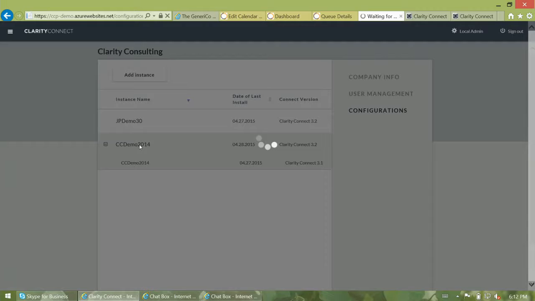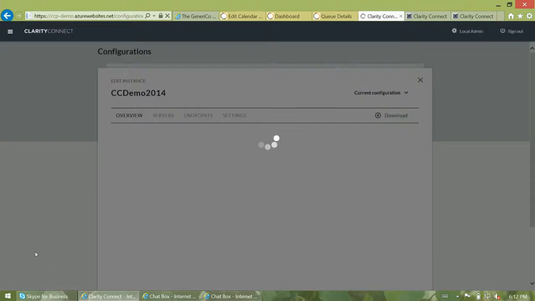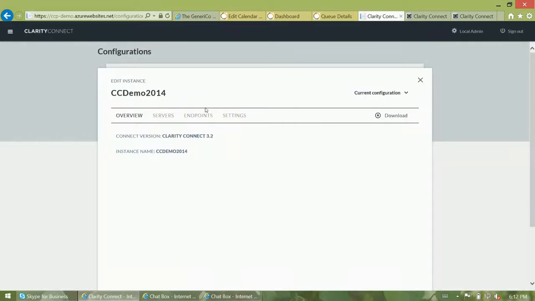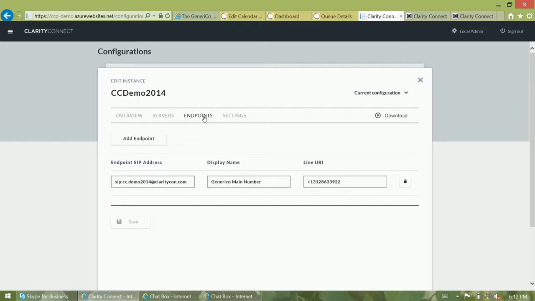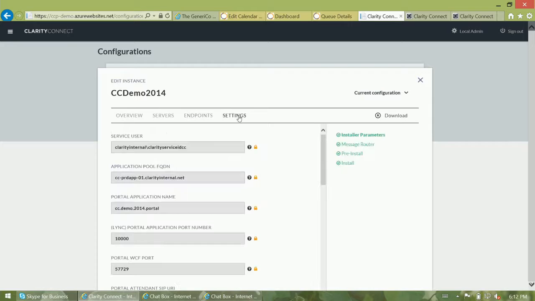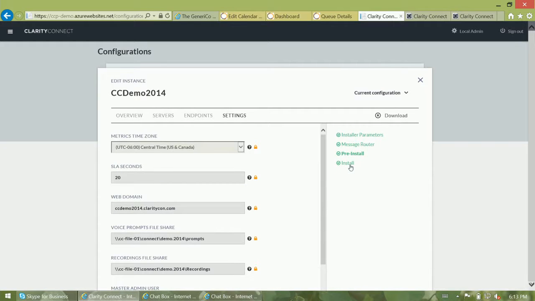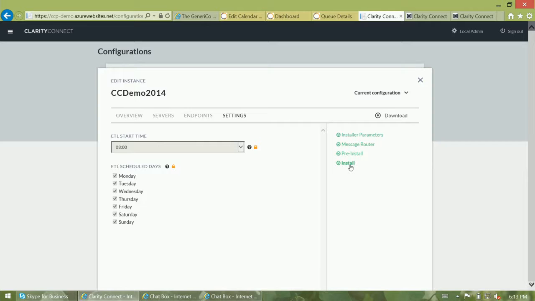Now, to be clear, that software is running on an on-premise server, integrating with an on-premise instance of Skype for Business. We're moving, though, to this model where all of the configuration, all of the setup will be managed through an Azure-hosted website and pushed down to those on-prem instances of the software. So our customers will come in, build out that configuration, and set up things like the endpoints that they want to manage. They can drill in and manage all of the settings in the software. And then when they run the installer on-prem, it pulls all those settings down from the cloud and applies them